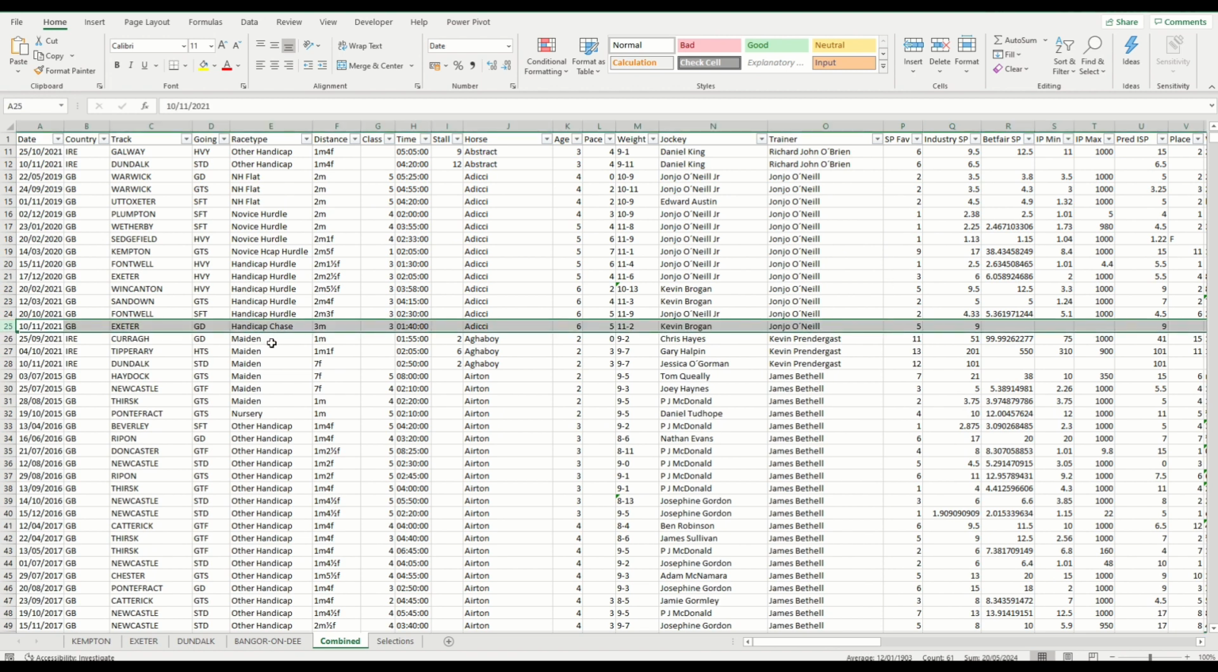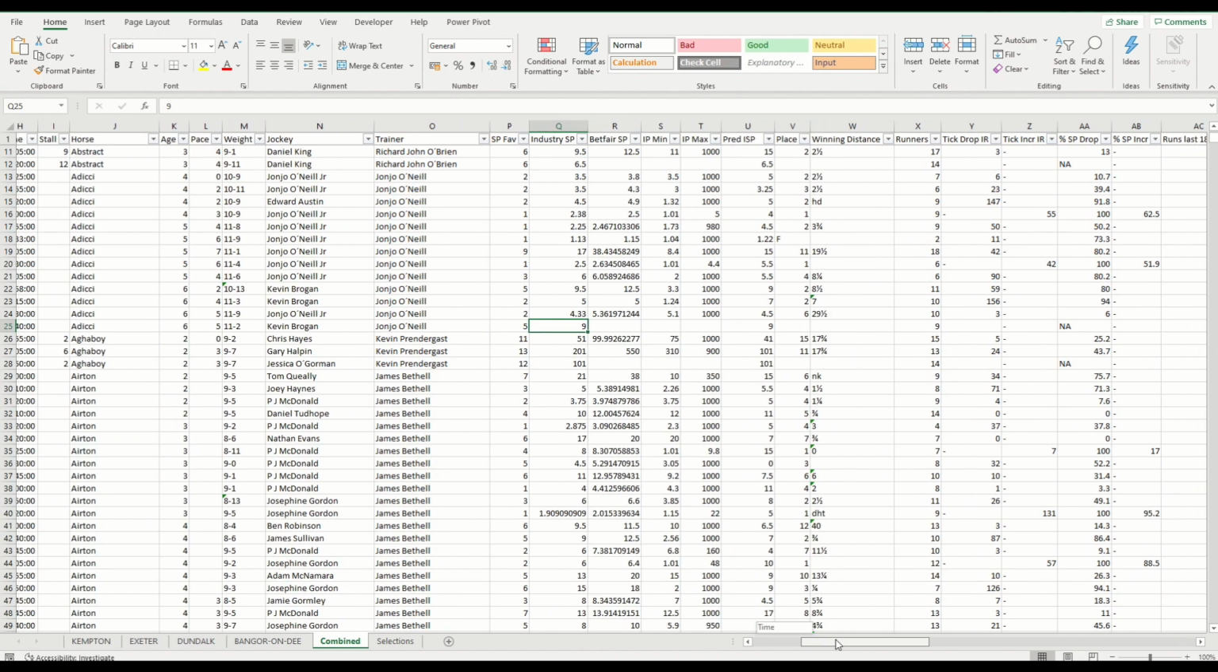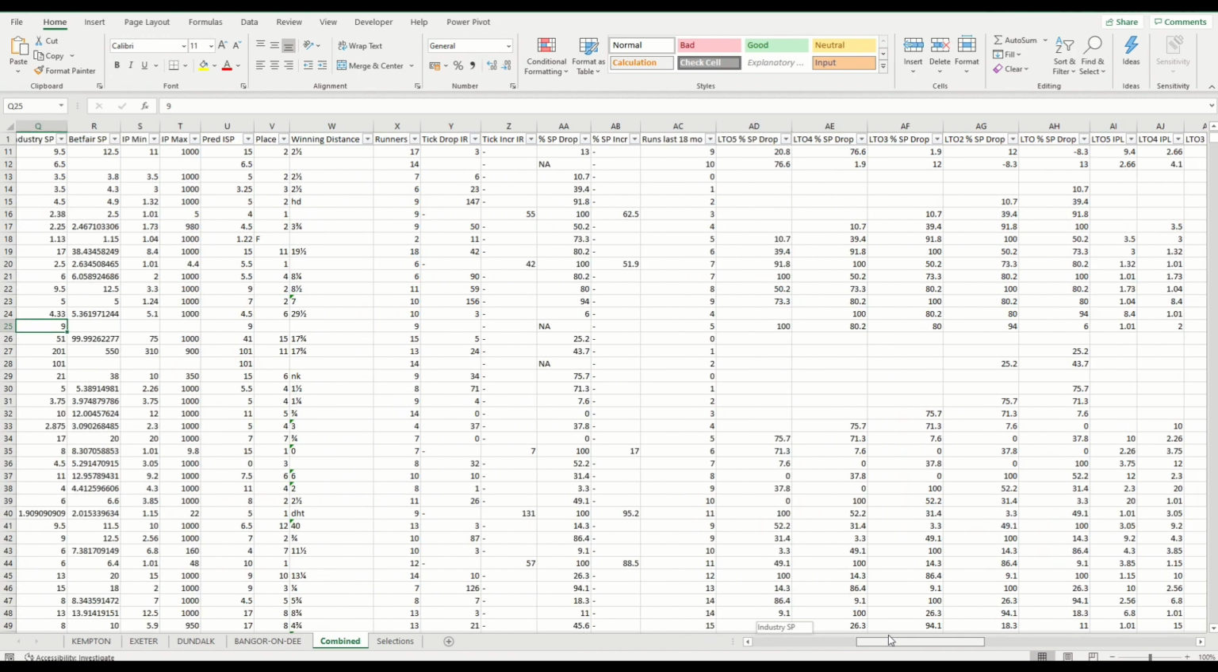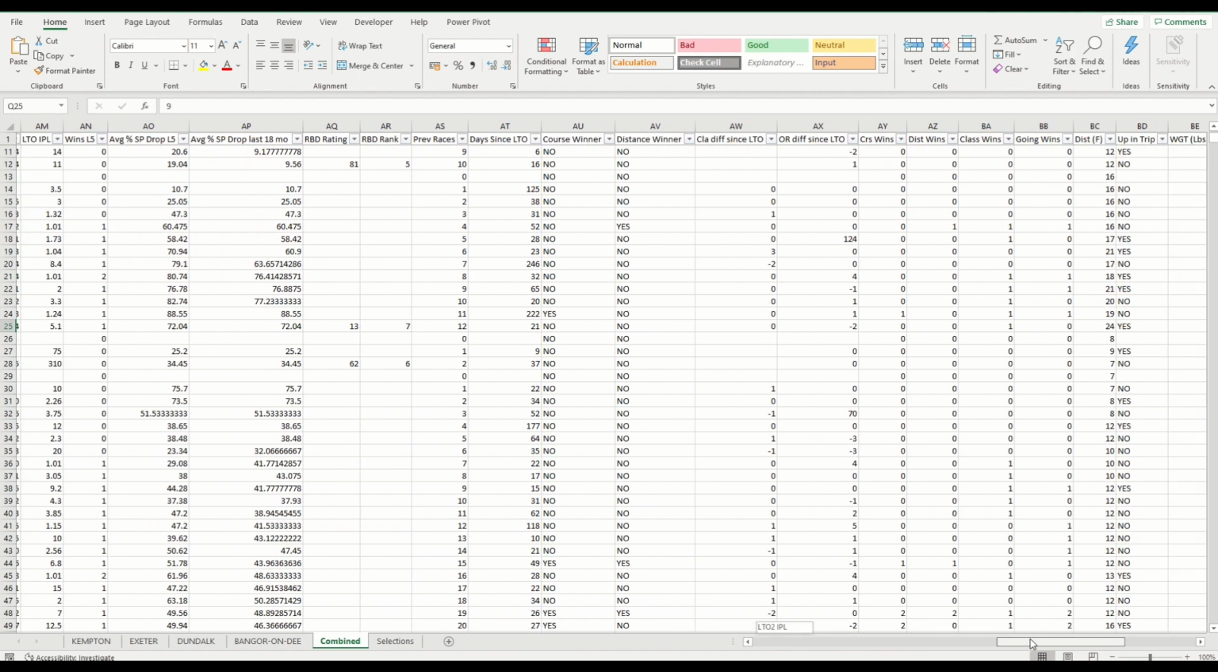So let's have a look at Adichie here that's running today. This industry SP is not yet known because the race hasn't started. This file is created in the morning. The SP is not known. The Betfair SP is blank, but what we have in the industry SP column is the predicted SP. And if we scroll a bit further to the right hand side to find the predicted SP,